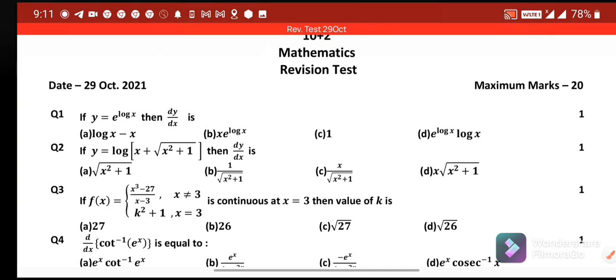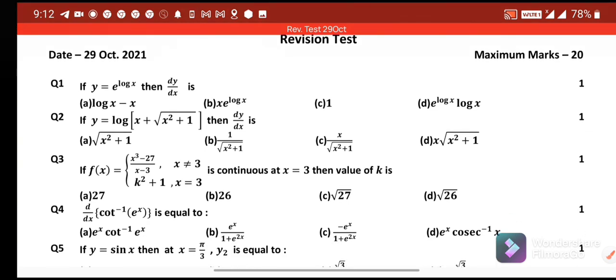In this video we will discuss the solution of the second division test of mathematics. So let's begin. First question: if y is equal to e raised to the power log x, then dy by dx is,